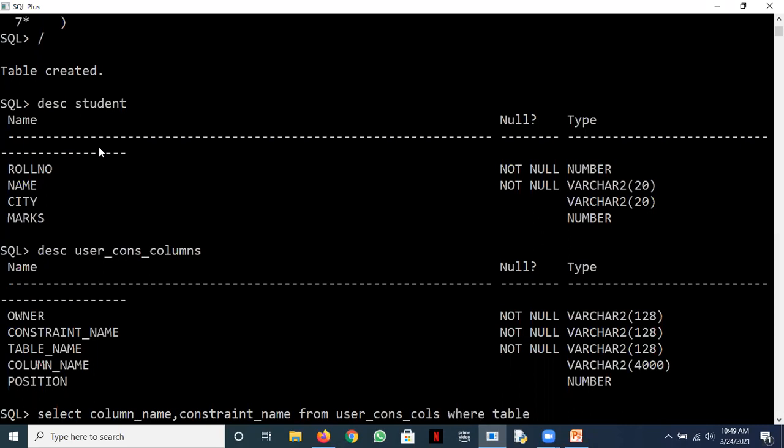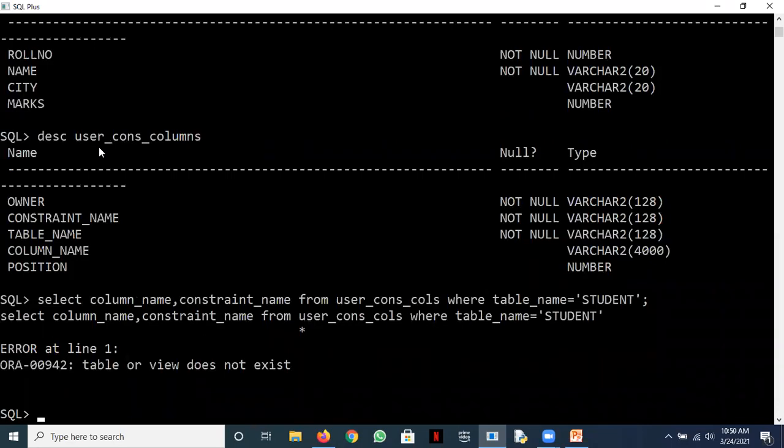Where, which table? If you just write it without where, it will display all the tables. So where table_name equal to, it should be in caps. Whatever table name is there, it should be in caps.